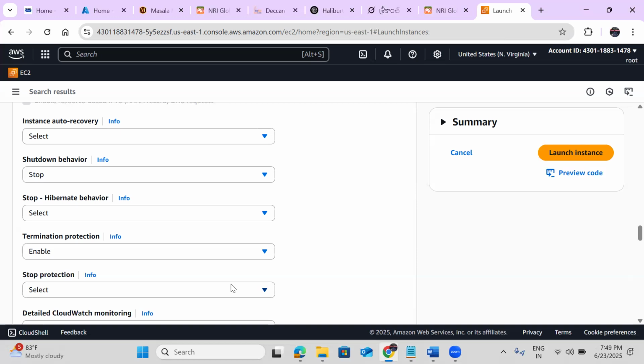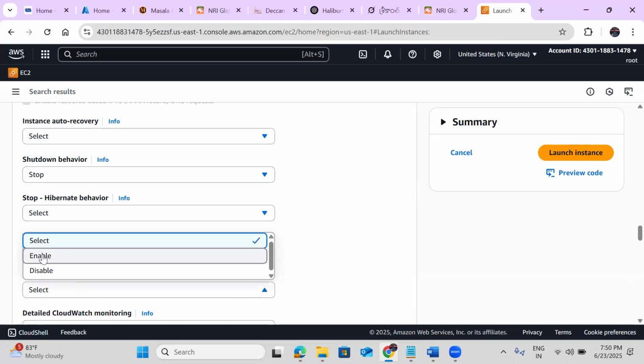What is the concept of stop protection? For production servers, even getting stopped or restarted during business hours is very risky for business continuity. So that is also a reason to enable